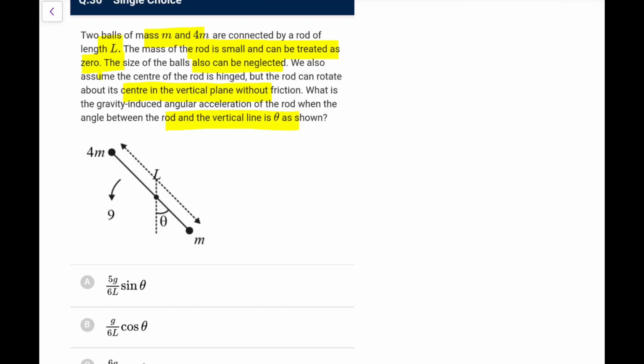So we have hinged it at the center. Okay, so this would be 4mg, this would be mg, so both would be in opposite sense. The torque of 4m would be 4mg into, if I take this perpendicular distance, this angle is theta, so I can say it is L sine theta. So 4mg into L by 2 sine theta, similarly here also you will have mg L by 2 sine theta. Net we have to subtract and calculate. So it would be 4mg minus mg, directly I can say, into L by 2 sine theta,